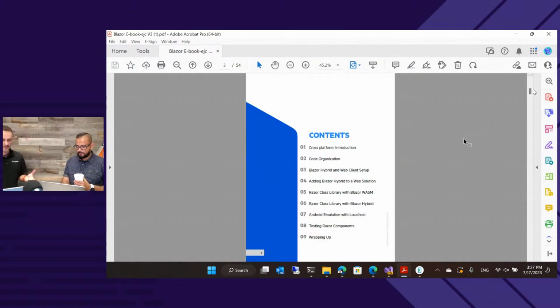So the gist of it is, we're going to talk about code organization. We've got many, many projects in one solution, but they all have a dedicated purpose. And I let you know what all of those things are. We'll talk about that in a second. How to set up this project and have that web client. There's some things in the index files that I want to look at to kind of show you where WebAssembly stops and the .NET runtime picks up when we're talking about apps that are running natively. And